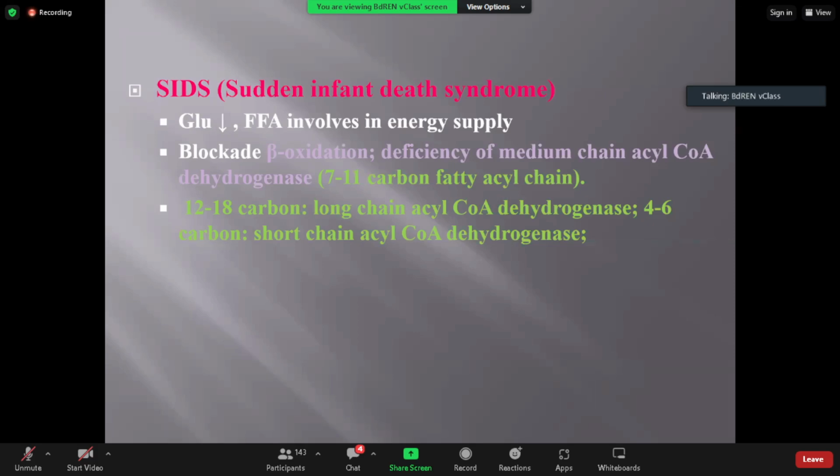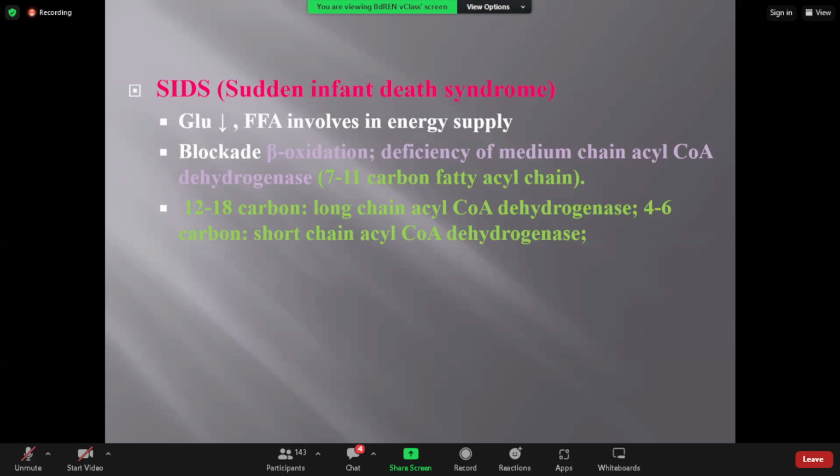Fatty acid oxidation যে দুটি ডিহাইড্রোজেনেস স্টেপ আছে, এই দুটি ডিহাইড্রোজেনেস স্টেপের যে কোনো একটিতে এই মিডিয়াম চেইন ফ্যাটি অ্যাসিড কোএনজাইম এই ডিহাইড্রোজেনেস এনজাইমটা লাগে। সুতরাং যদি ফ্যাটি অ্যাসিডের ভাঙার জন্য যদি এই এনজাইমটা ইনফ্যান্টসের শরীরে না থাকে,